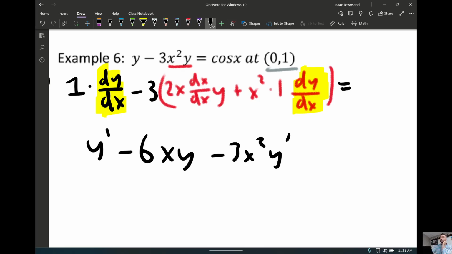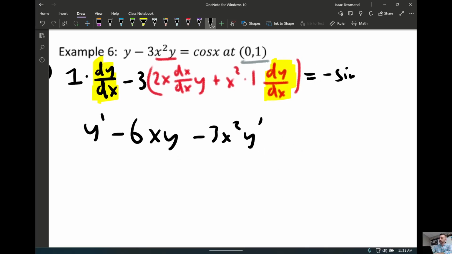Oh, I didn't do the other side. The derivative of cosine x would be, and this would be a dx over dx, because x was the variable. So